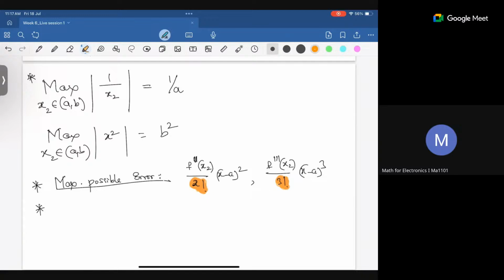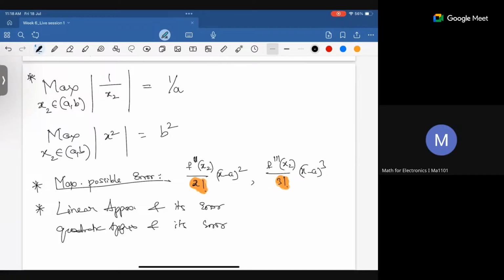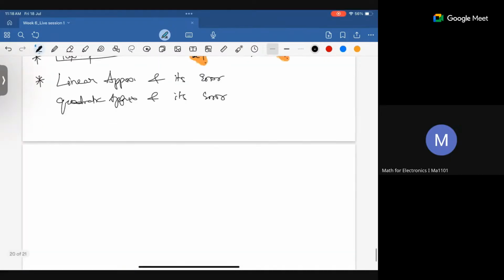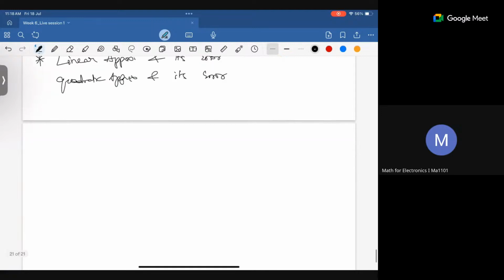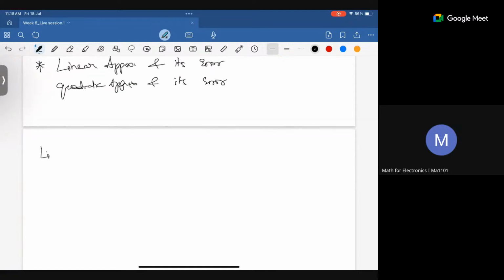And yeah, so mostly practice problems related to linear approximations and its errors, and quadratic approximations and its errors. Okay, so for linear approximation, I will write all these four things for you guys, which will make your life very easy. So the linear approximation